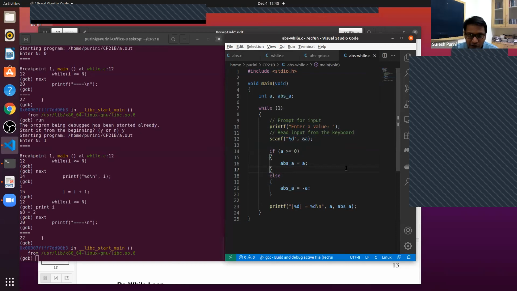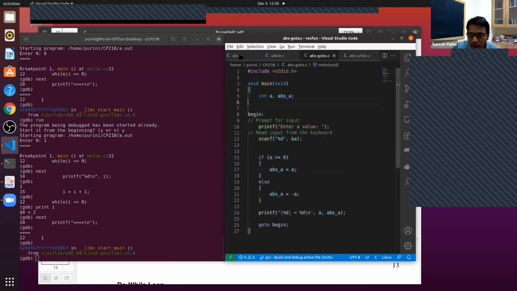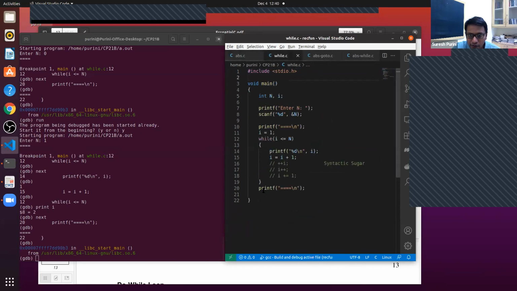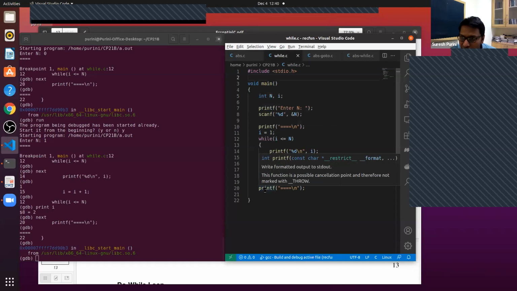So Rohan, when we put n is equal to 0 in this code, the first lines, line 10 and line 20, are independent; they are not part of the while. They get printed all the time.